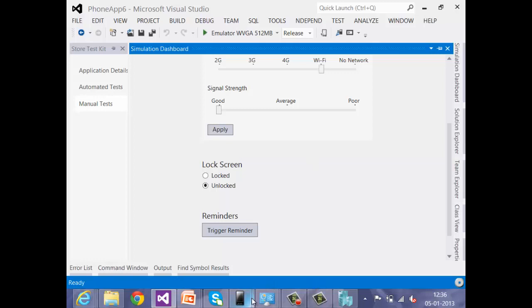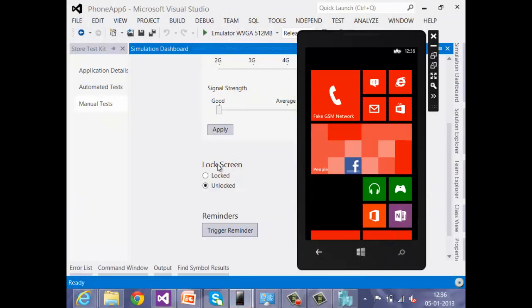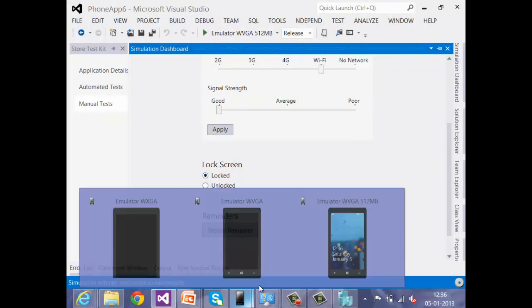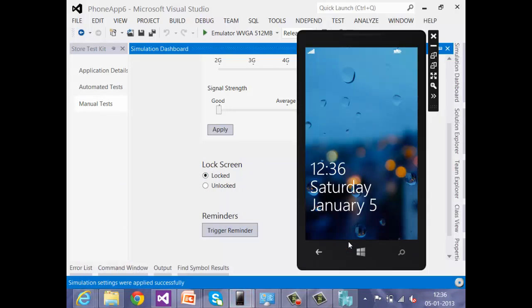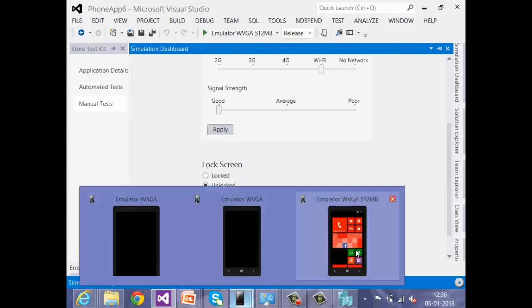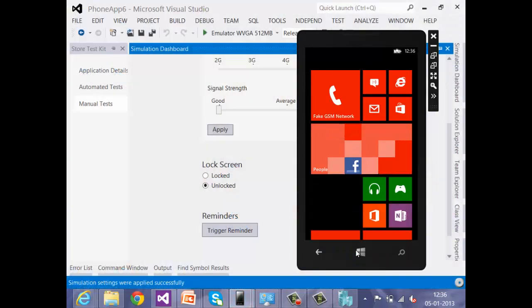So what this does is, you can just put a lock screen. So when your app is running, I can simulate the lock screen functionality. Say unlock, and when you say unlock.